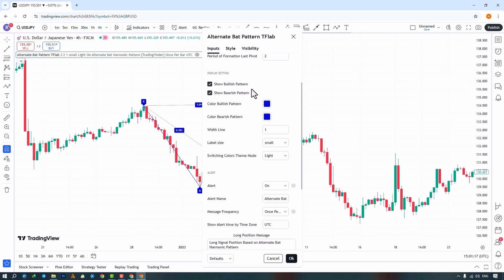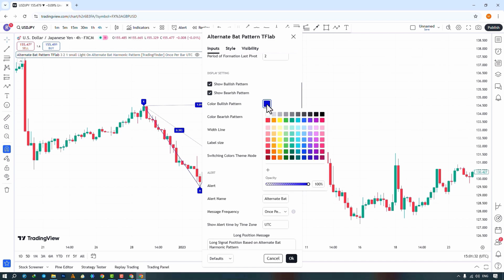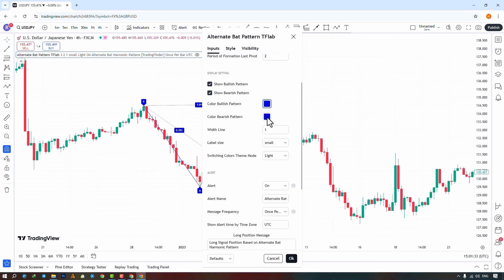In the next section, you can enable or disable the display of profit patterns. You can enable or disable the display of bullish patterns. You can choose the color of the profit patterns. You can change the color of the bullish patterns. You can change the size of the harmonic pattern drawing. In the next section, you can change the size of the